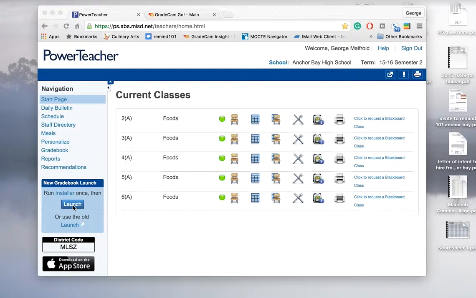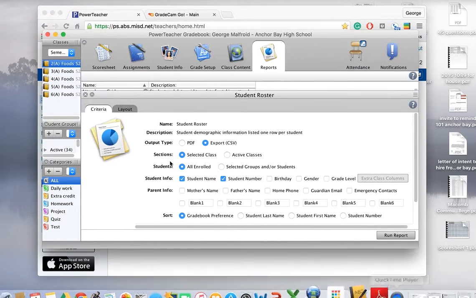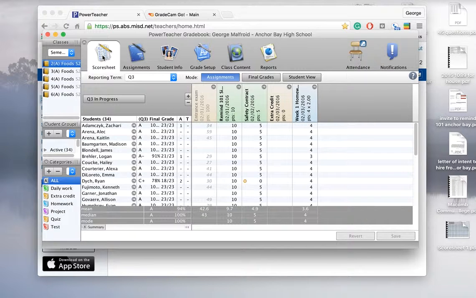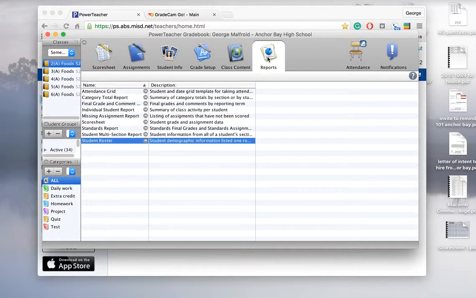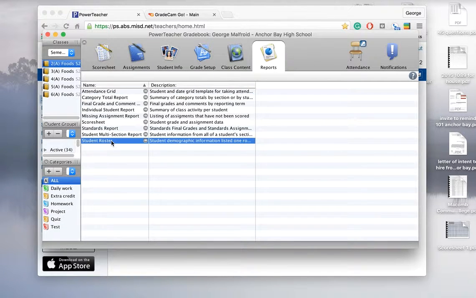Since it takes so long to upload, I've already saved it up over here, so we'll just pull up my gradebook. And usually when you have your gradebook, it's starting out on the assignment sheets or the score sheets, and you want to make sure that you open up the reports. And a lot of times the highlight will be up here, so you're going to go down to student roster